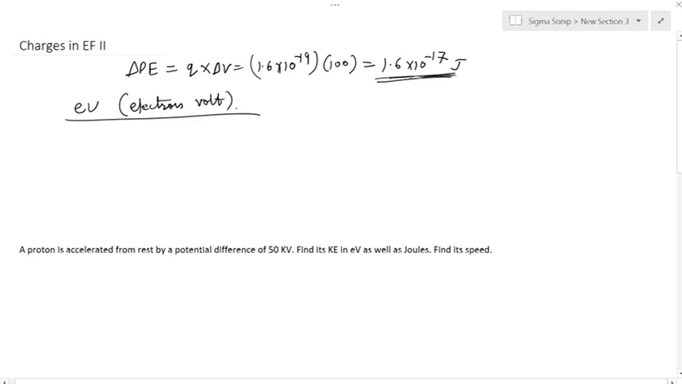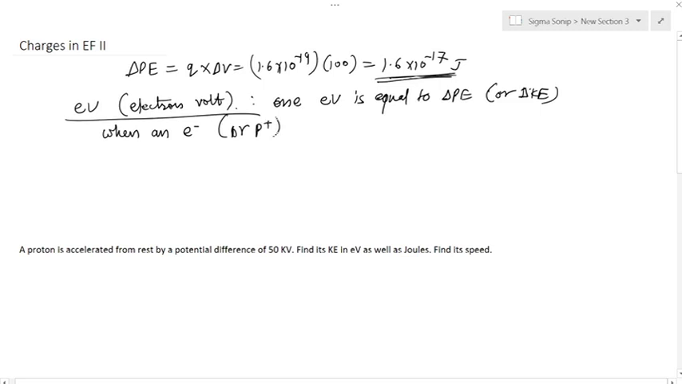So electron volt is a unit of energy. And what is this equal to? Let me write it here. 1 electron volt is equal to delta P, or for that matter delta K, when an electron, or for that matter a proton, because both have the same charge, 1 unit of charge, moves in an electric field across a potential difference of